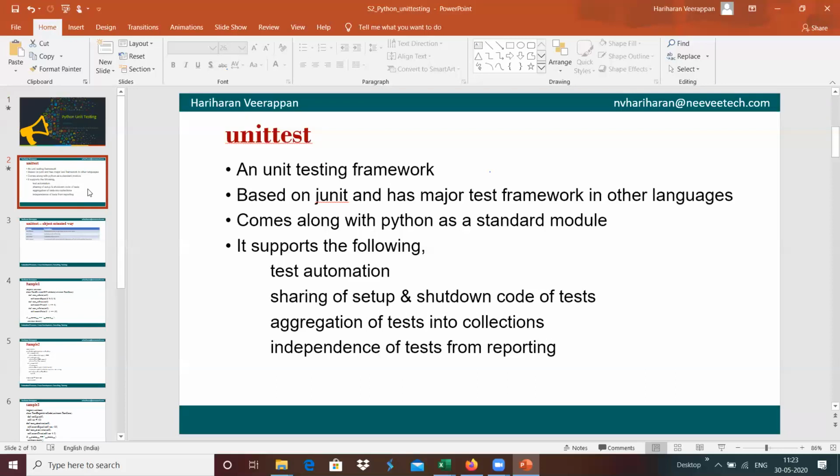For example, whenever a developer is doing software development, once it is done to some level, he can do the testing of each and every part. For example, we are writing functions, we are writing a class with different member functions.